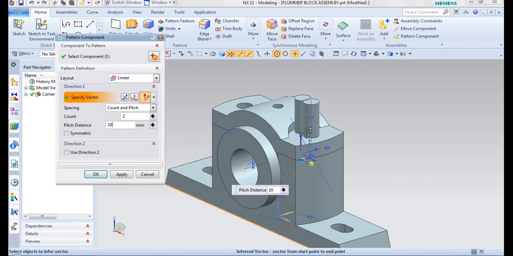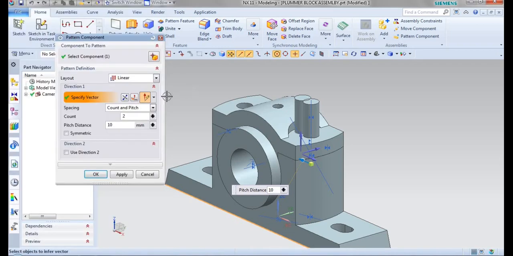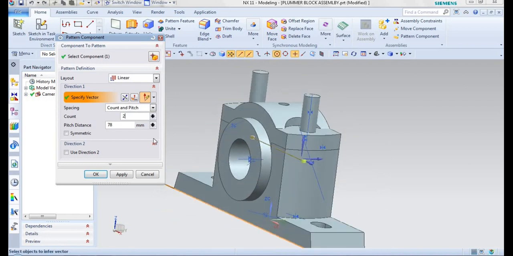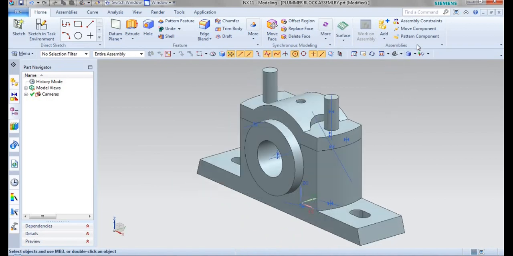Pitch distance is nothing but the distance between the holes. By the drawing, we know that the distance between the two holes is 78. So here I will be specifying the pitch distance as 78. Like this, we will be getting our pattern component. Give it as OK. So instead of adding one more component and then constraining it, we'll directly go for pattern component and pattern our component.